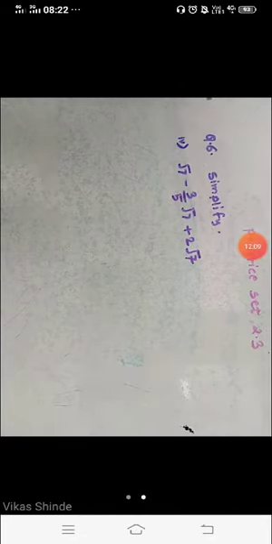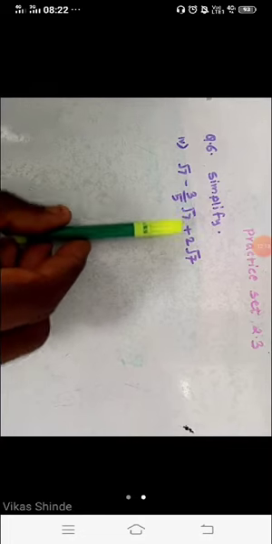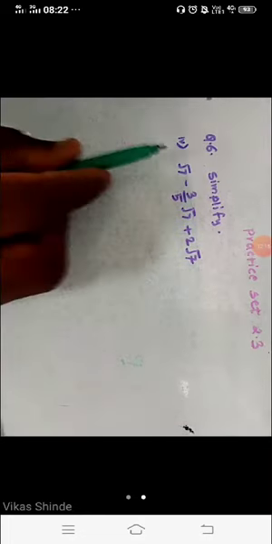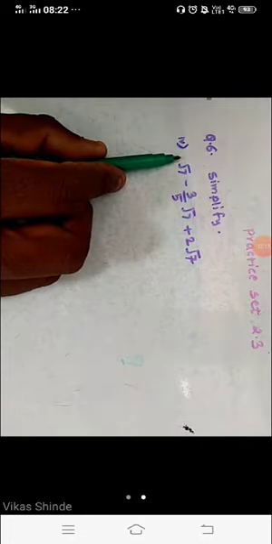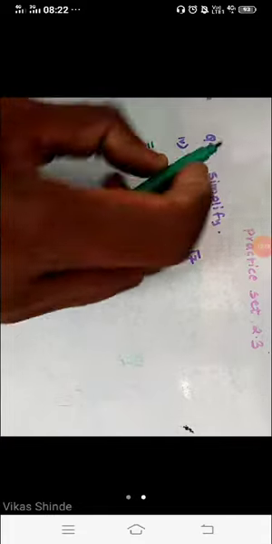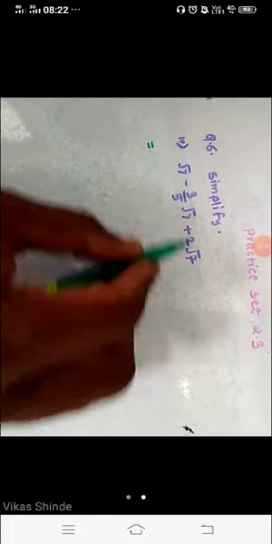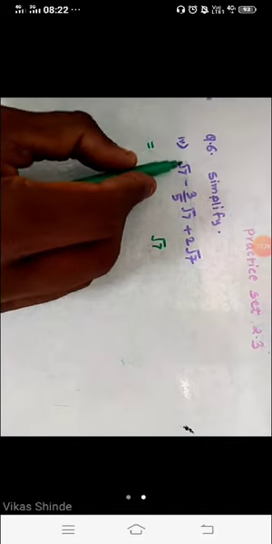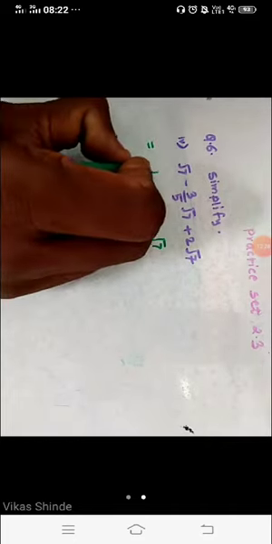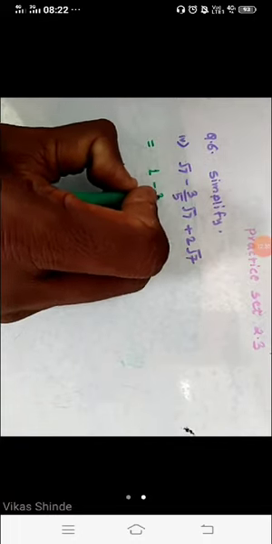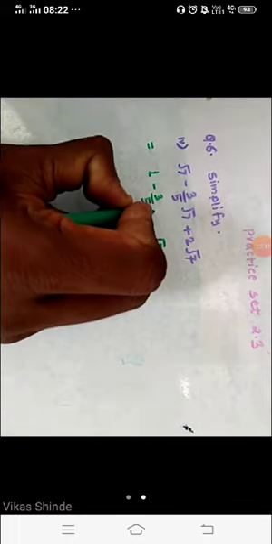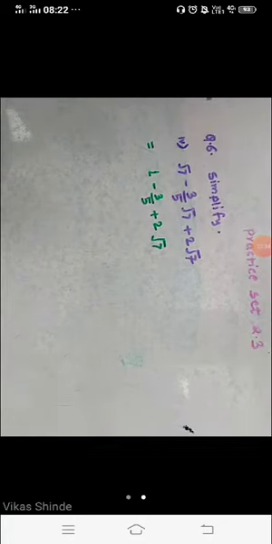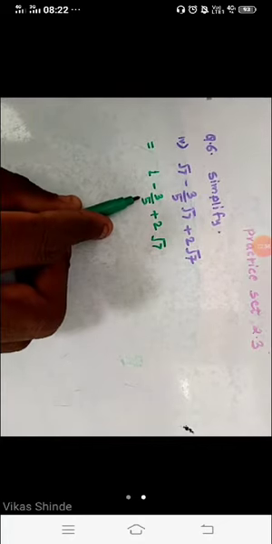Okay, student, now see the next question. Here is under root of 7 minus 3 upon 5 under root of 7 plus 2 under root of 7. Here there is no number, which means the coefficient is 1. So we have to write under root of 7, here also under root of 7, here also under root of 7. Write that under root of 7 commonly. Now the coefficient is 1, so I write 1, then minus 3 upon 5, student, and then plus 2. If you look carefully now, here is a fraction.